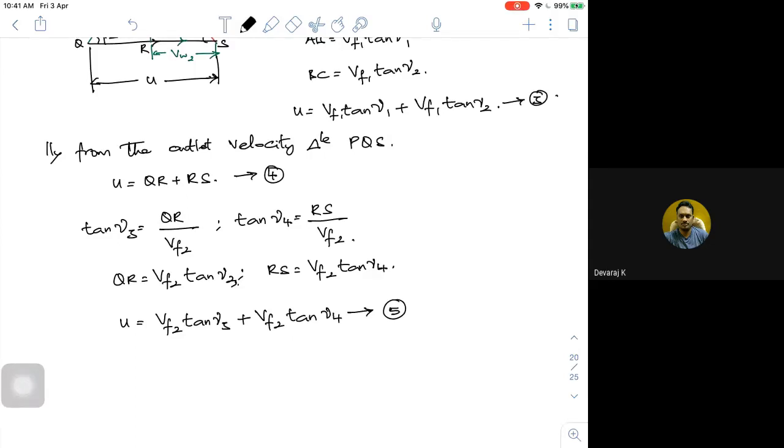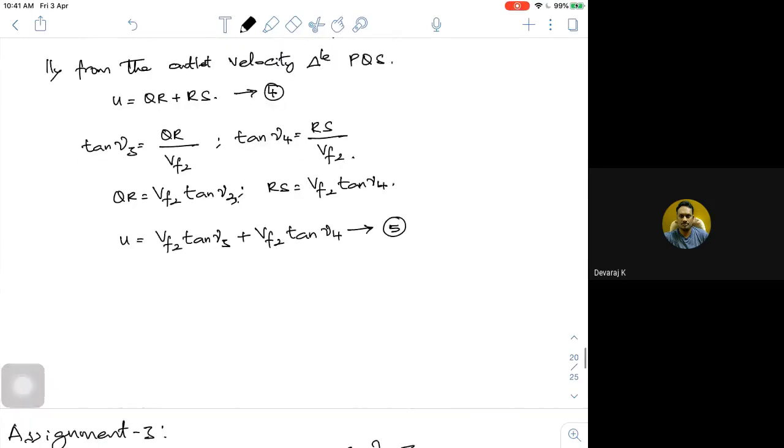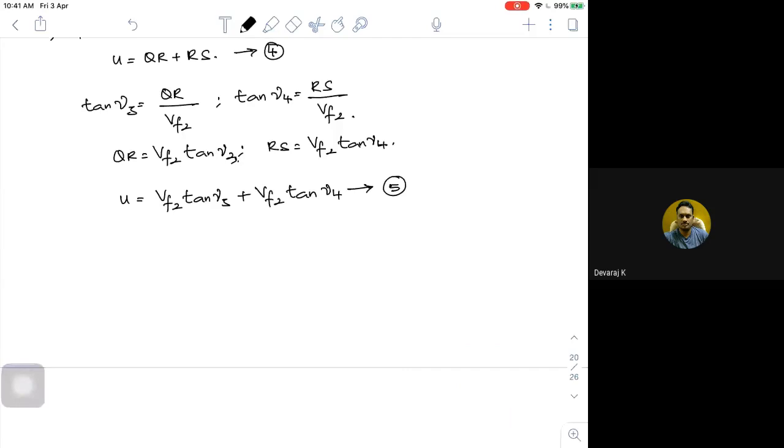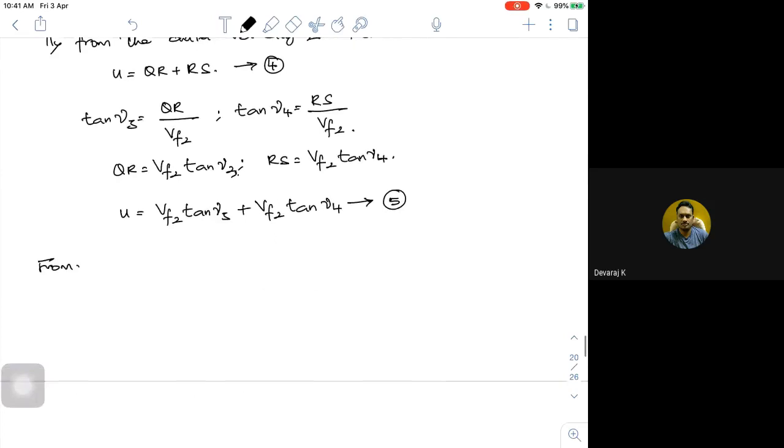Fine. So if I try to tell that for my flow, Vf1 and Vf2 both are the same, from equation 3 and 5 for Vf1 equal to Vf2, what will happen? I can equate your 3 and 5. What will happen? So this will be